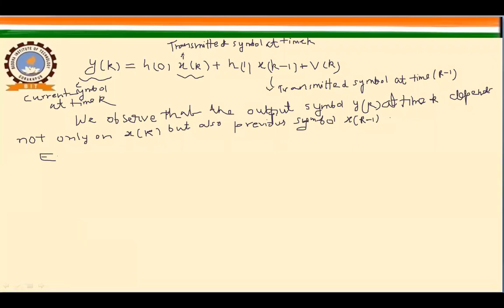So essentially x of k minus 1 is interfering